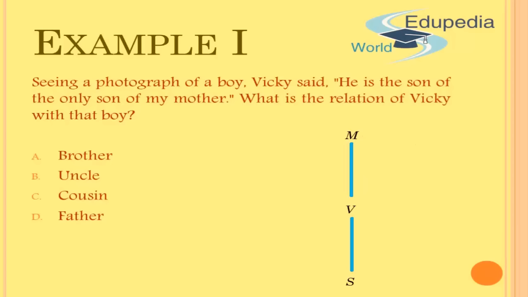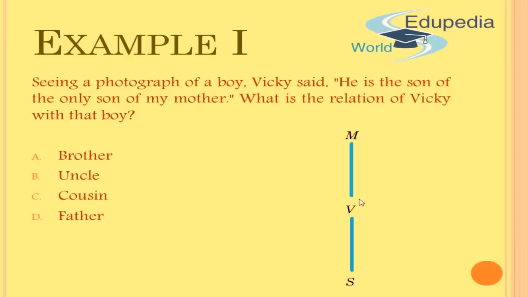Representational symbols. You can put any symbol. You can put an asterisk or a hashtag, or you can even write male or female in brackets, but that will be very time consuming. So you can use the plus or minus sign, multiplication sign, any sign that you are comfortable with. Choose one sign for male, another sign for female.